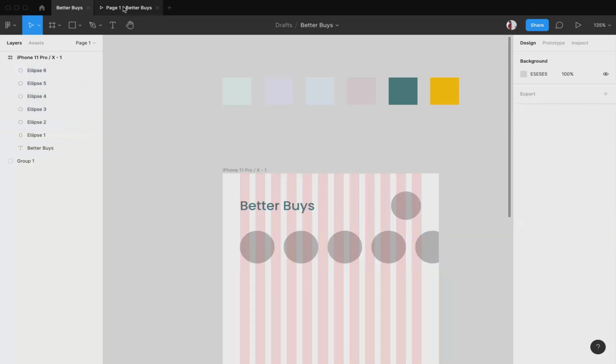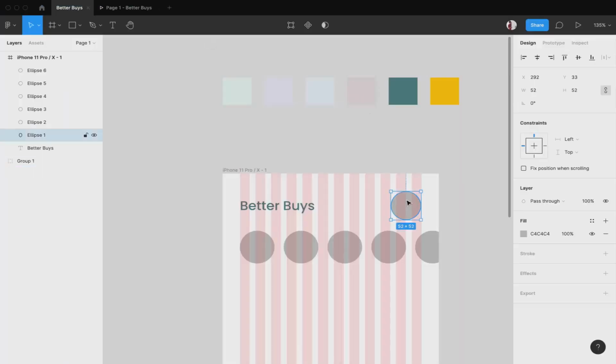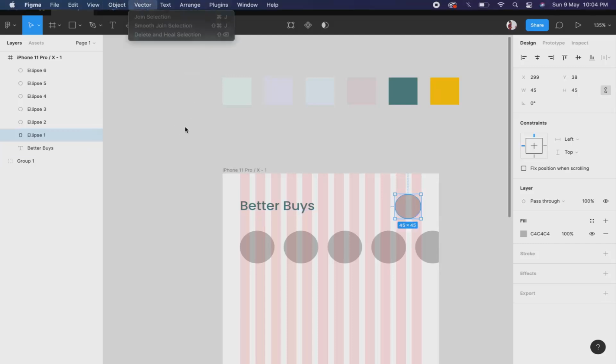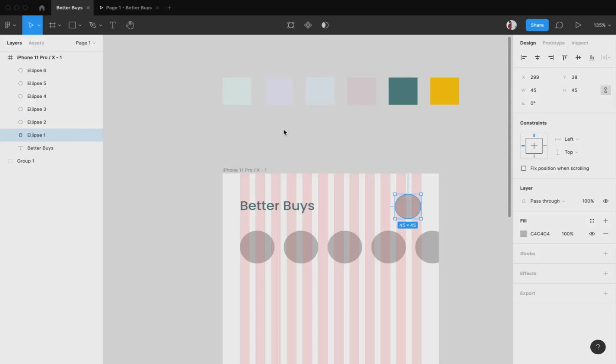Okay, this looks fine. Maybe I'll reduce its size a little bit. I think 45 works. I'll push it a little bit below and to the side. So while designing you need to experiment so that you get the best fit. Now let's add some colors to it so that it looks better.